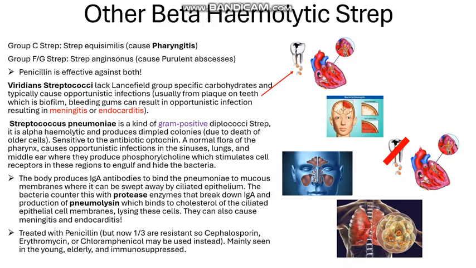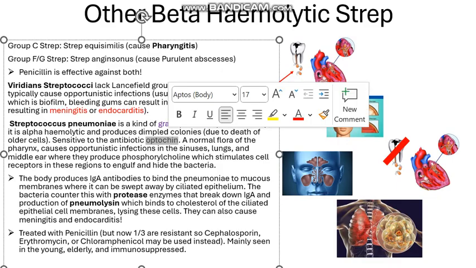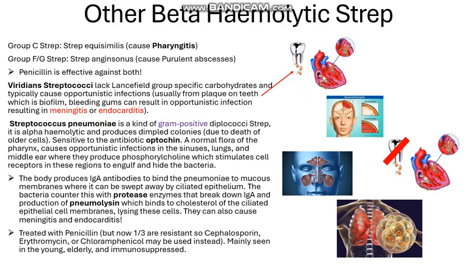They are sensitive to the antibiotic optochin, I don't know, it's kind of hard to pronounce. It's a normal flora of the pharynx, and it causes opportunistic infections in the sinuses, lungs, and the middle ear